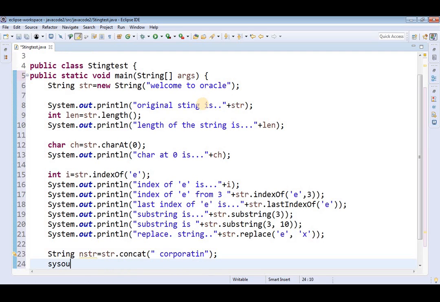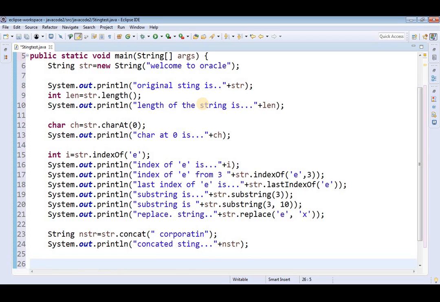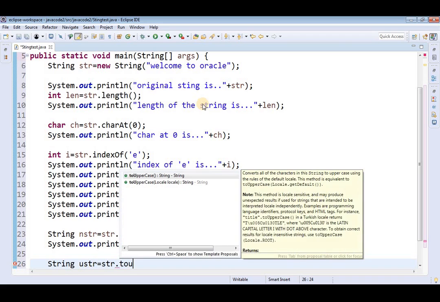Now print the concatenated string, that is "concatenated string is" plus nstr. Later come to the toUpperCase and toLowerCase methods. For that I am using String ustr equals str dot toUpperCase.